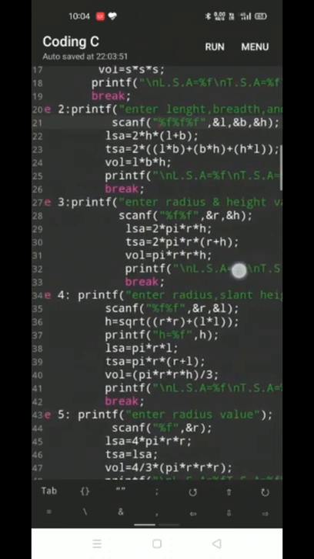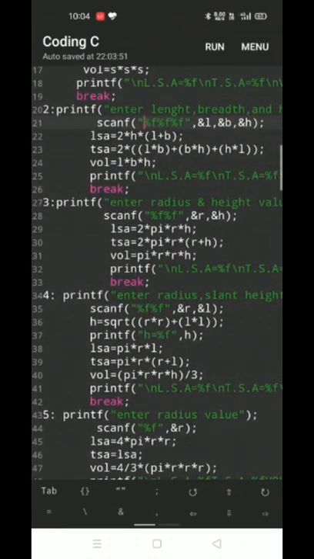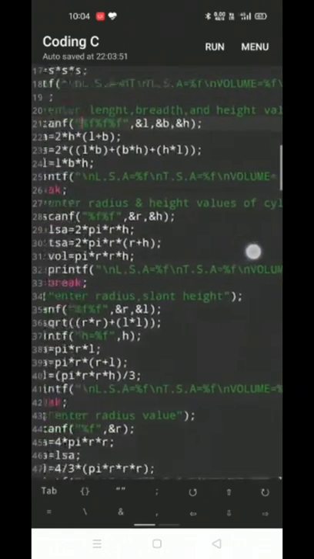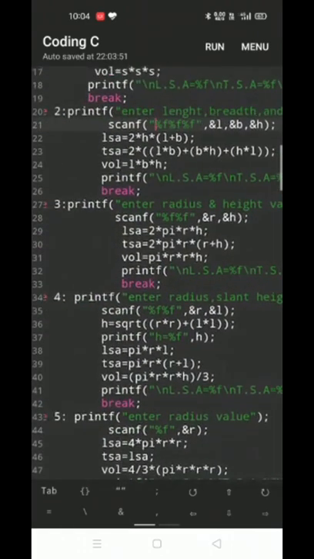And then case 3 represents the values of the cylinder, and the dimensions which we need to calculate the lateral surface area, total surface area and volume are radius and height.